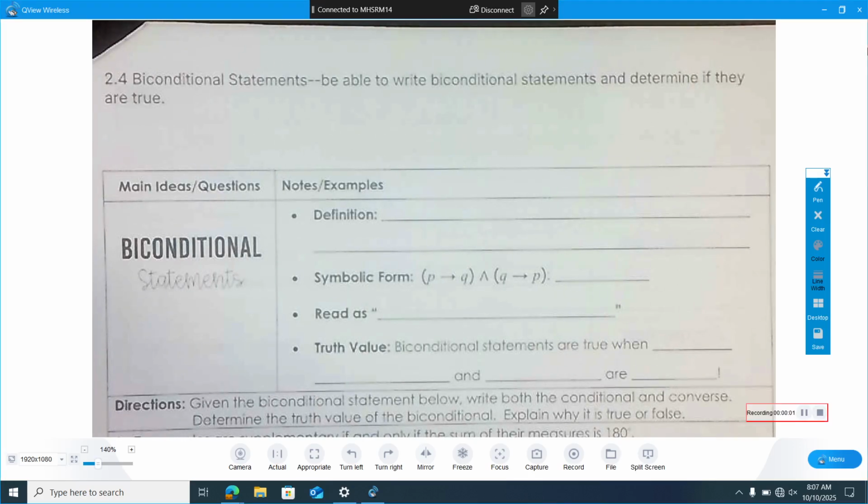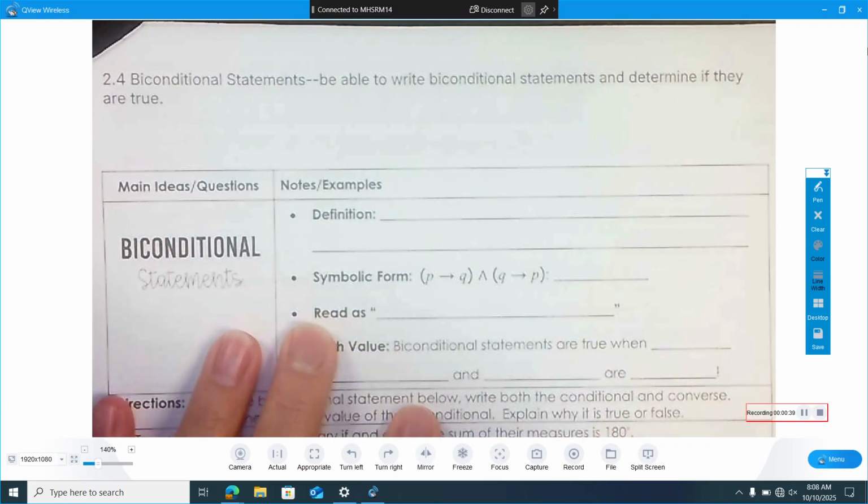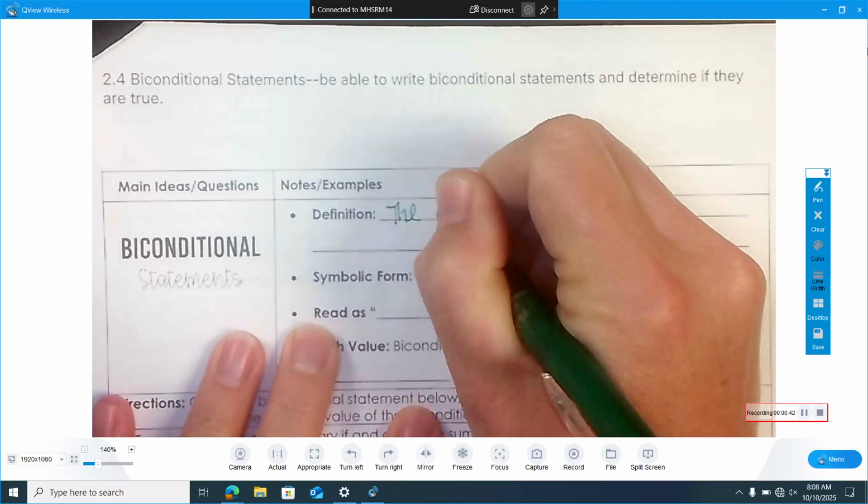Section 2.4, biconditional statements. We want to be able to write and understand biconditional statements and determine if they are true. Biconditional really means it's conditional two ways. We were talking about conditional statements yesterday, and we know that conditional statements are if-then statements. Well, a biconditional also works with the converse. Switching also works both ways. So it's kind of an interesting thing. It works both ways. And so the definition of a biconditional statement is the conjunction,